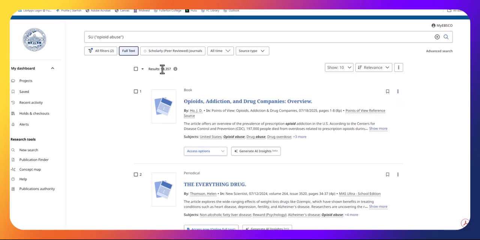We have even fewer because remember, keywords means that it mentions it. Subject search means that it's about it. For this one, you're going to need to go to the 13th. So you could change this to show 20, or you could just scroll down like we did in the previous one and go to the 13th. Now, this is pretty basic. We're going to go back to our advanced search,